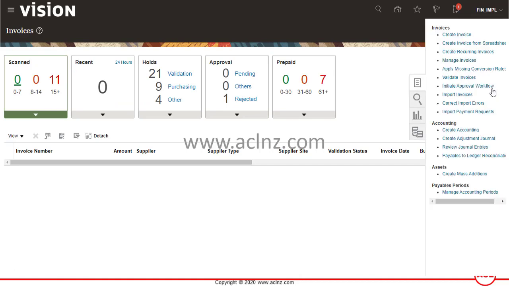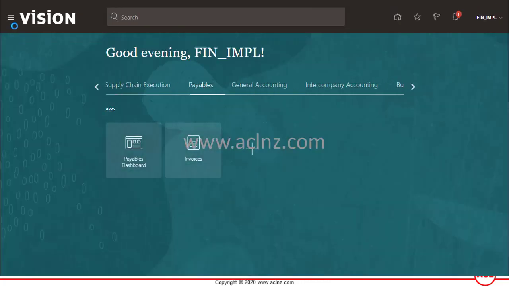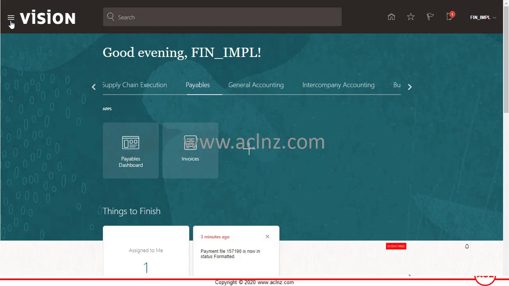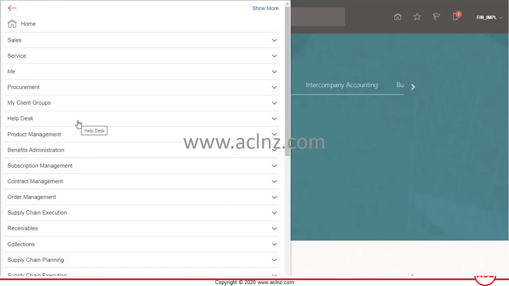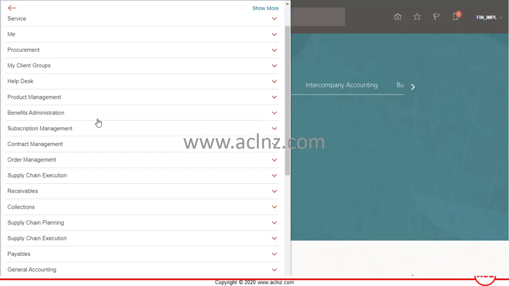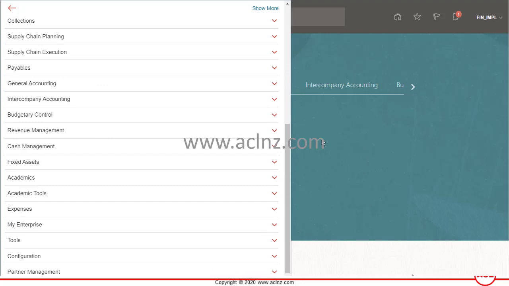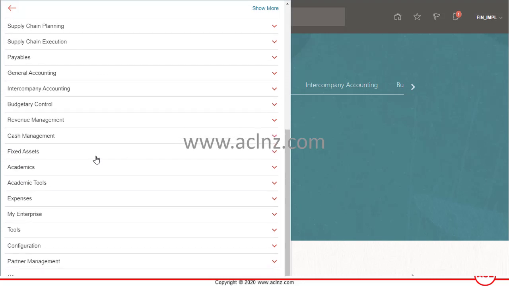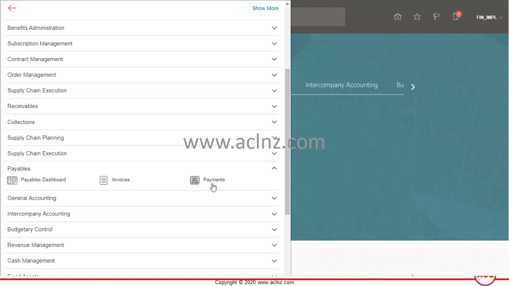I believe you don't have a view of the payments, so I'm going to go back to the navigator, and from navigator I'm going to look for payables, or in fact you could have done it from here had there been any link to payables. We can add a link later to the Springboard. So anyway, go to payments,